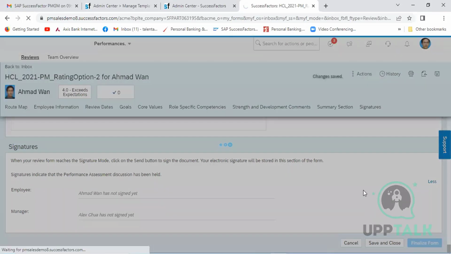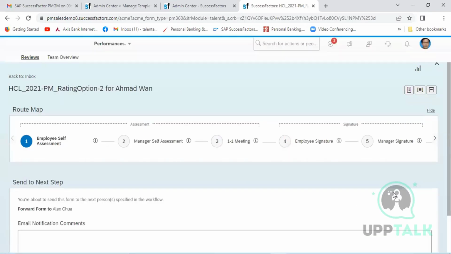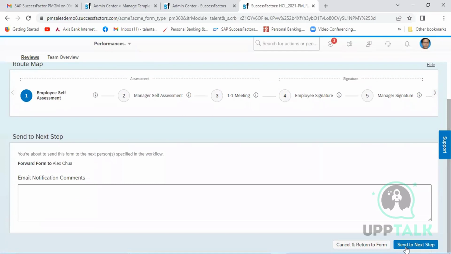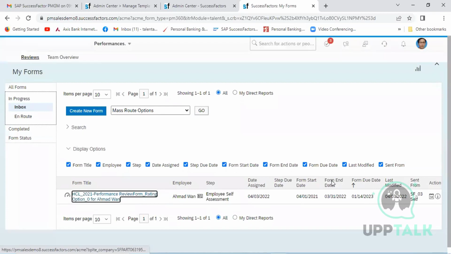Finalize the form will be moving to the next step. So when the form is moved to the next step, in rating option 1, it was having only one rating box for all item users. That is for all managers, HR. But in rating option 2, what will happen? They will have,